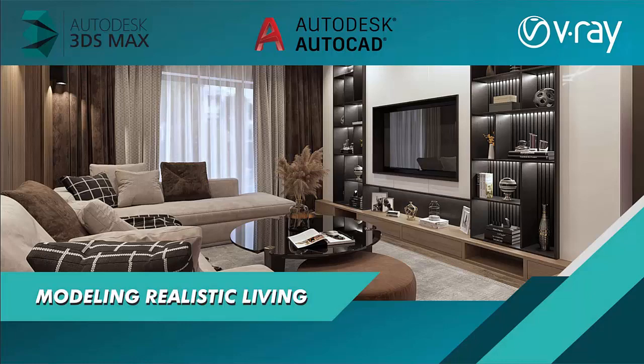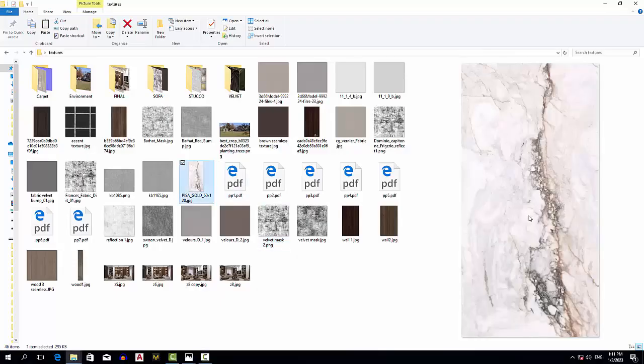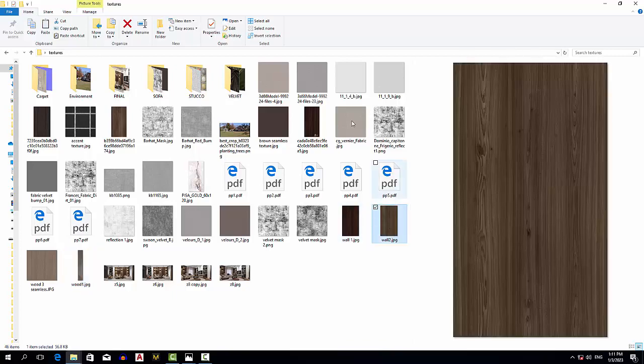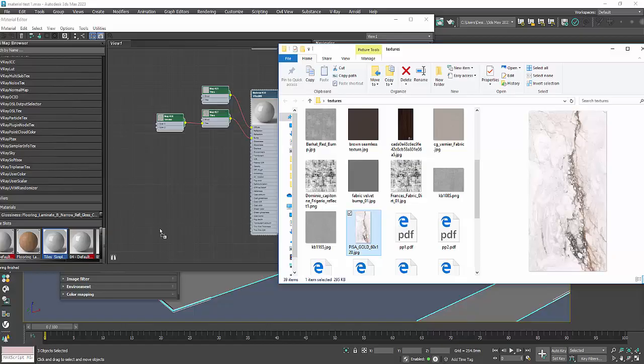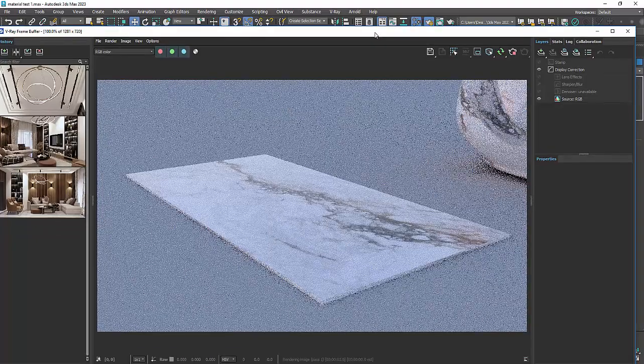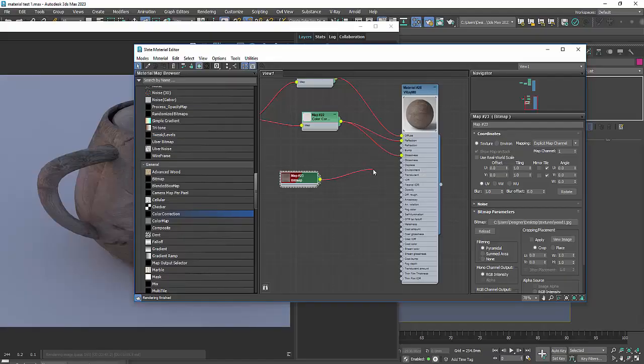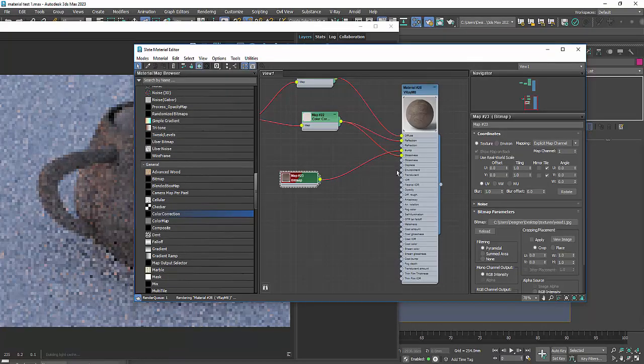What is this course about? First, we will start with the main finish materials that are present almost in every interior project. Like tiles, for example, we will analyze how we can adjust their settings so we can obtain real tiles appearance. Next, we will analyze floor finish like wood and the way how to obtain real wood structure and random bump